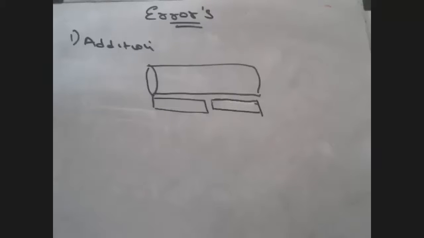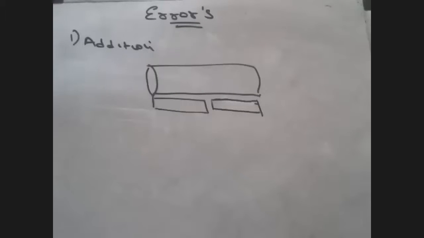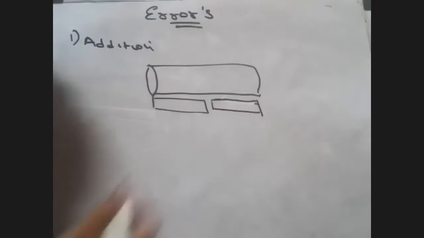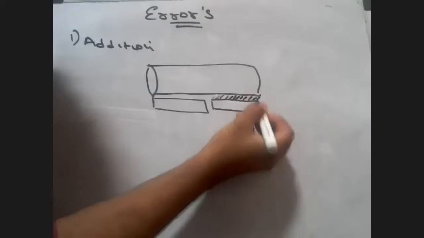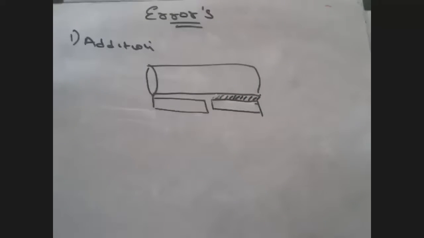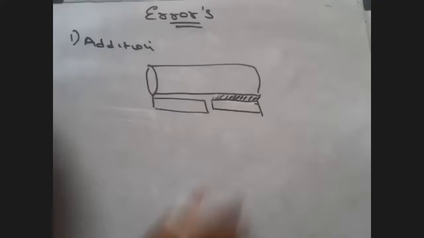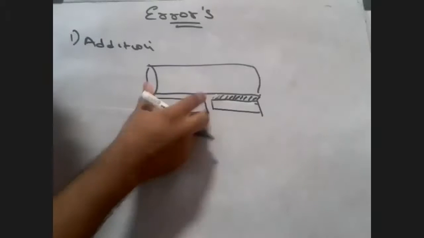Now what I do is basically I'm trying to measure this with the help of these two scales. What I do, students, is first I have maybe a sellotape or something. I have something which I can use to stick one scale at a time. So let's say I stick the scale over here. This scale is stuck to it. Now I'm trying to measure this much distance. You forget that part of the cylinder. I am using this scale to measure this much distance.